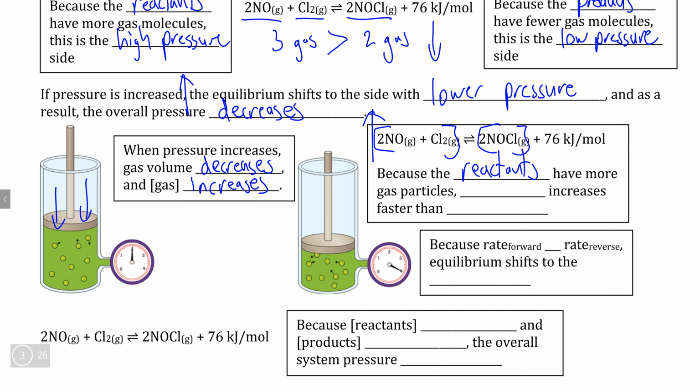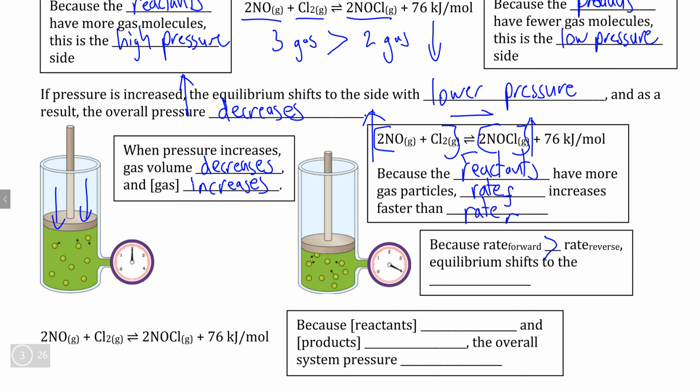And therefore, even though we expect both rates to increase because of this concentration increase, we would expect the forward rate to increase faster than the reverse rate. Again, there are more gas particles in the reactants, which means a decrease in volume will result in even more collisions in the reactants than in the products, and therefore we have an imbalance. We have a forward rate that is faster than the reverse rate, which means our equilibrium is shifting to